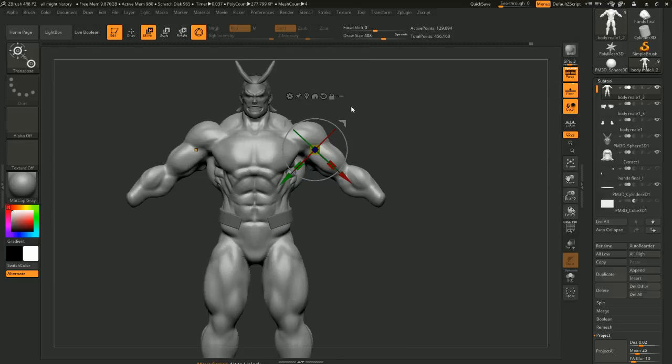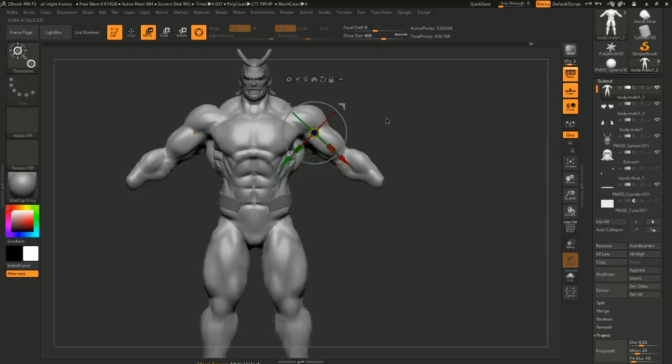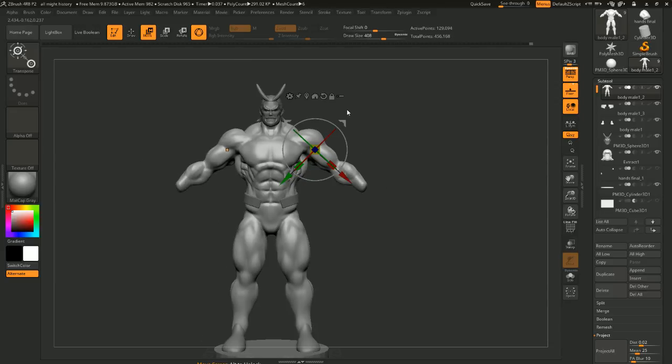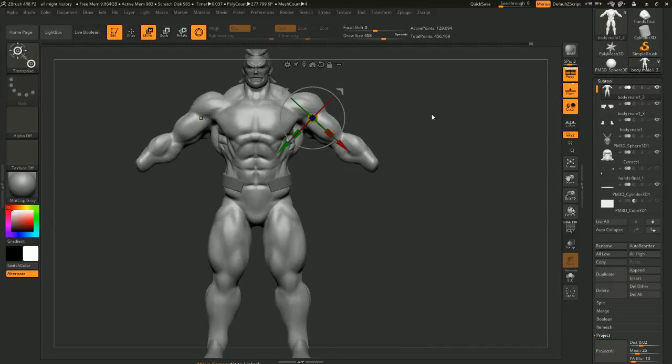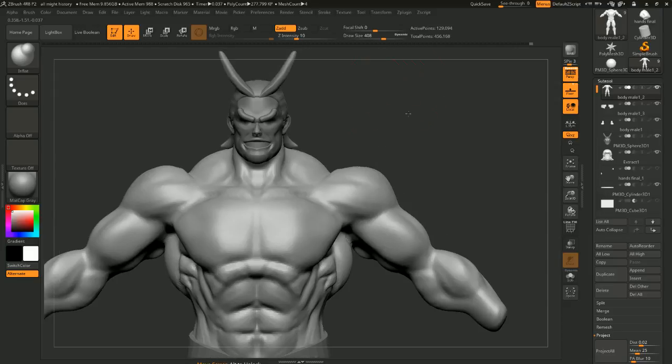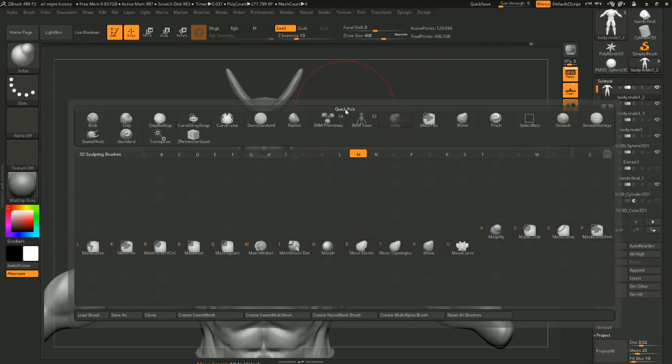But that's kind of the thing I had to deal with when I had to slice my model and get it ready for printing. So it's not as simple as, oh, I'm just keeping one whole piece. I don't like keeping one whole piece because it's going to eventually be a lot of cleanup work for me later. So if I spend a little more time on slicing the model, it'll save me time later. If this was resin, I wouldn't have to worry about all that crap. But I don't like dealing with resin. And this neck is all wonky right here. Oh, I'm sorry, I'm just trying to...